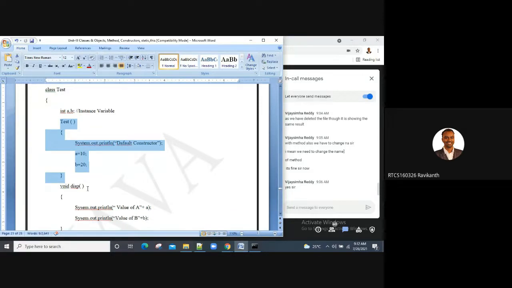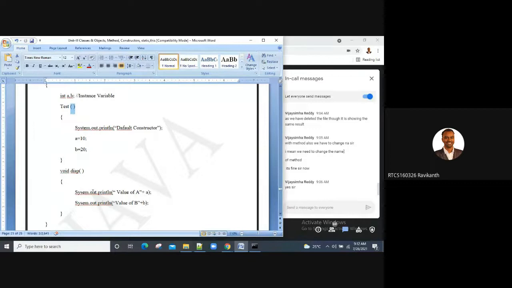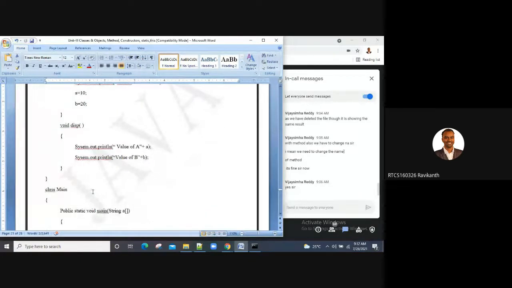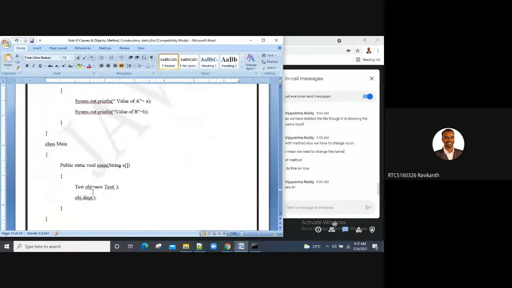There are no parameters here. Later on, I want to display the a value and then the b value. You can trace these programs, guys.